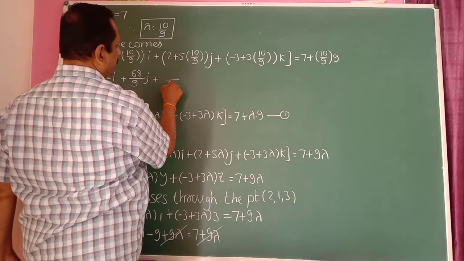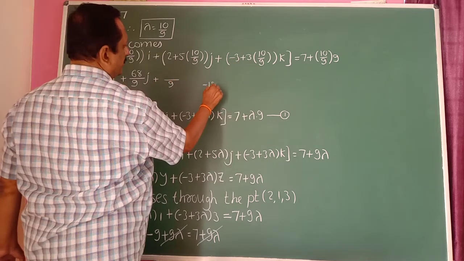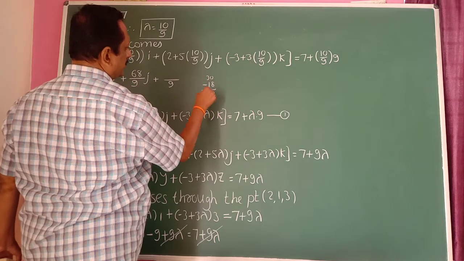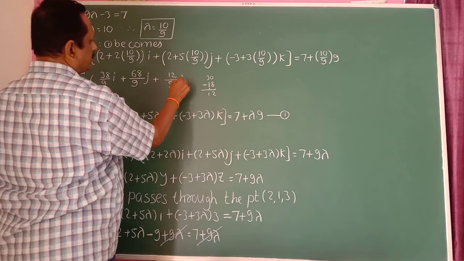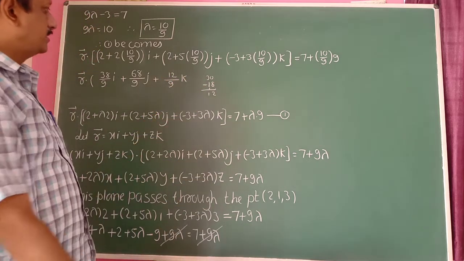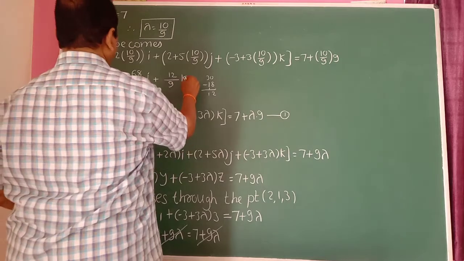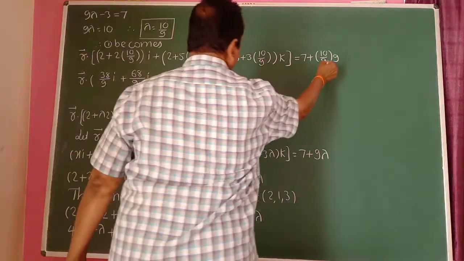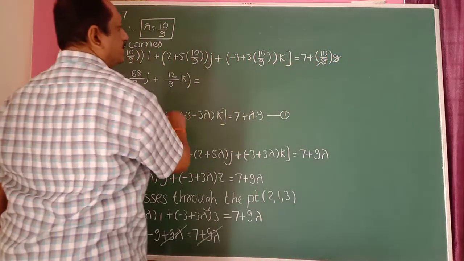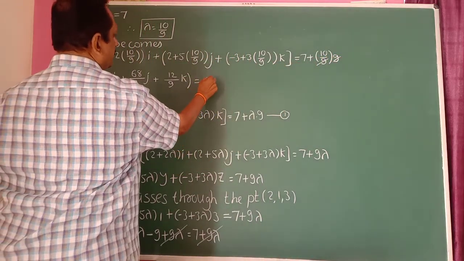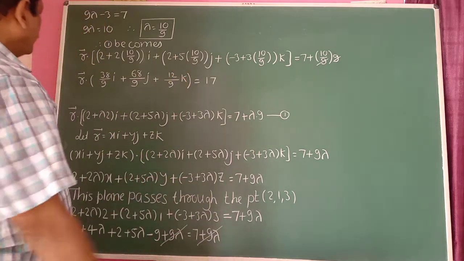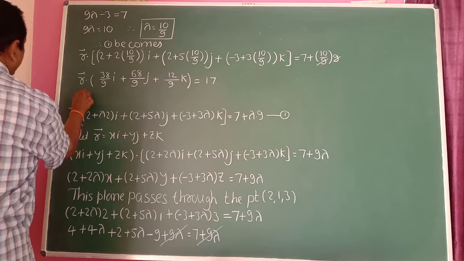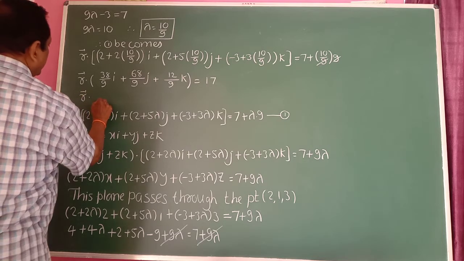So right here, 9 is the LCM. 9 3s are 27, minus 27, 10 3s are 30, plus 30. Therefore 12 here, so plus 12k. 30 minus 18 becomes 12 here. 12 upon 9 into k. Then this is equal to, here this 9 cancels. 10 plus 7 becomes 17 here. This is 17. Here 9 is the LCM. Therefore R bar dot of, write 9 in the denominator here.